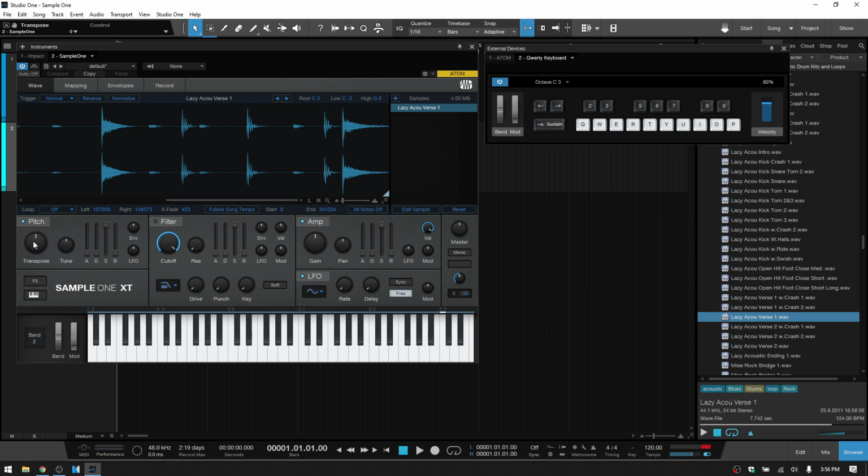Now when we adjust with the transpose and take it down in semitones, let's go ahead and take that down, let's say 4 semitones. Okay, so we can hear, and I'm sure most of you know, that it's going to change the pitch, raise the pitch, but also speed up. So if we take this to really extreme,